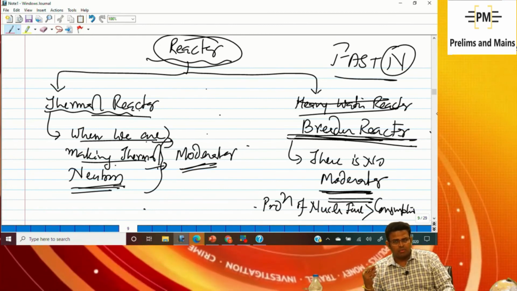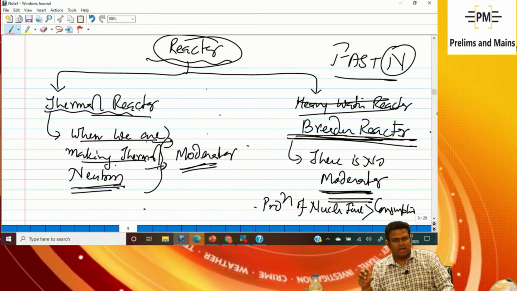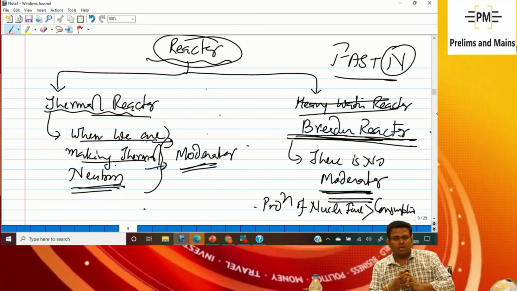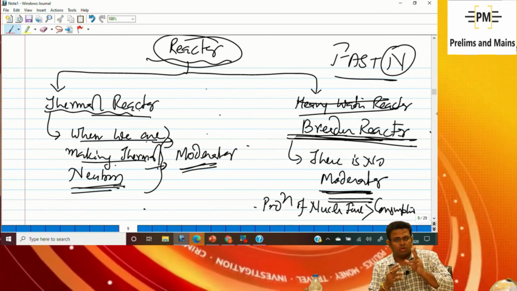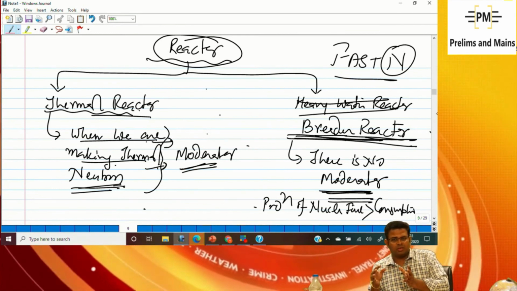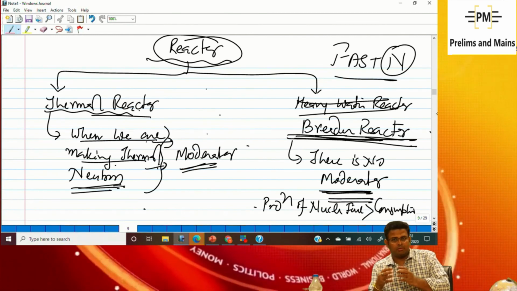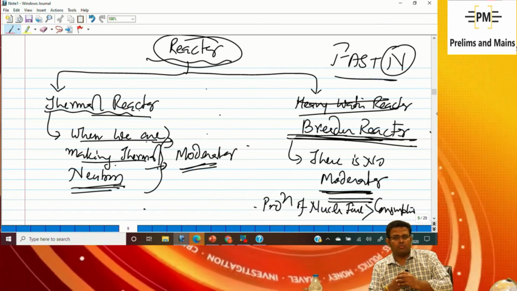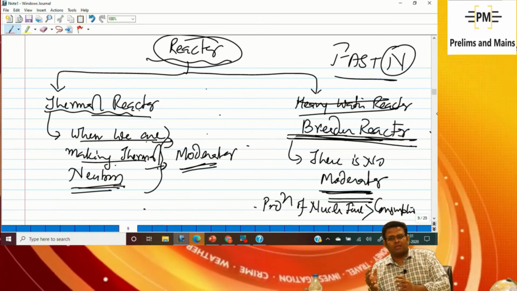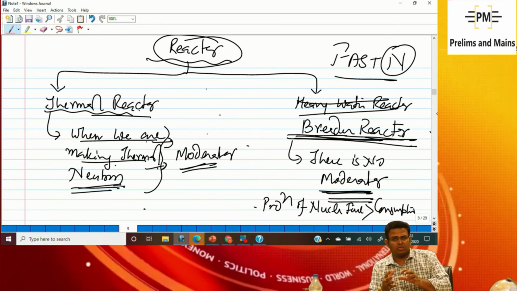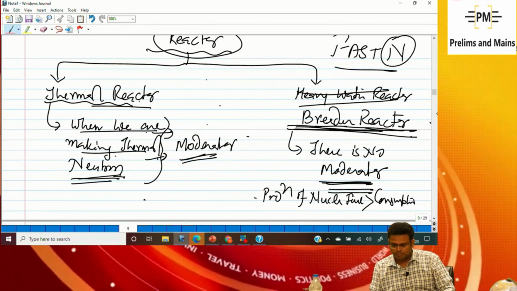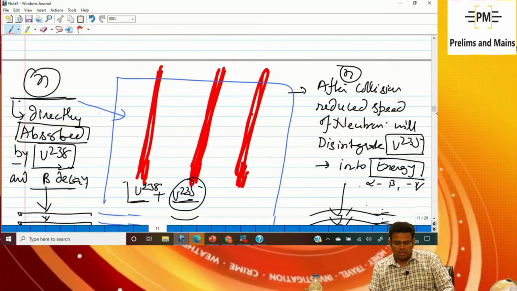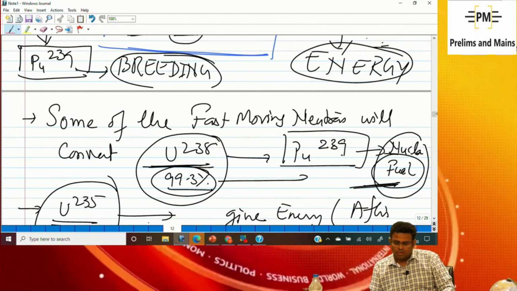and uranium 235 will be consumed, but the fast moving neutrons will convert uranium 238 into plutonium 239. So in this reactor, which is a breeder reactor, a fast breeder reactor, we can say the production of nuclear fuel in the form of plutonium 239 is much more than the consumption of nuclear fuel. So this is known as a breeder reactor that we have seen, and therefore I have given some understanding here, and then we came to